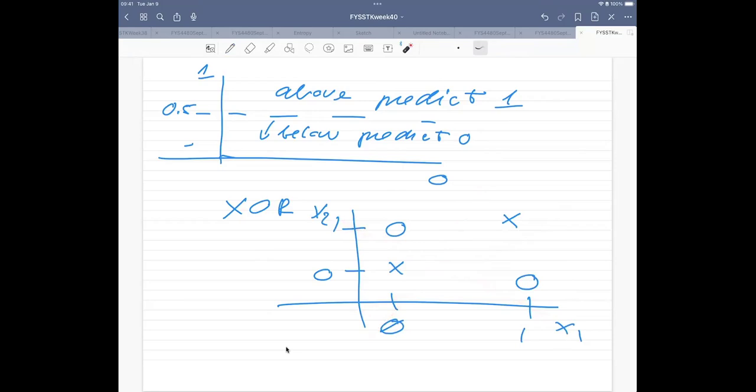So this is an XOR gate, and you will see in the examples that this is the first case, a very simple case, where we will not be able to find a line which separates the results. Logistic regression is going to fail, but neural networks are not going to fail. And that is linked with something which is called the universal approximation theorem, which we will start looking at